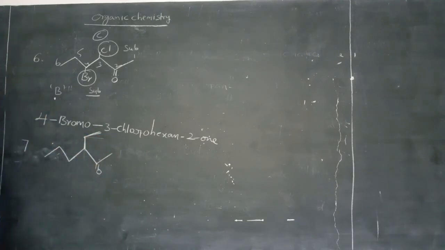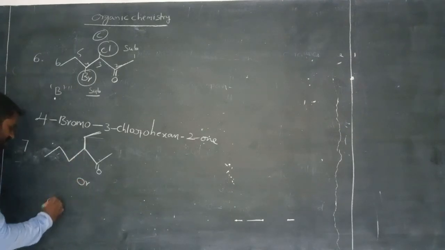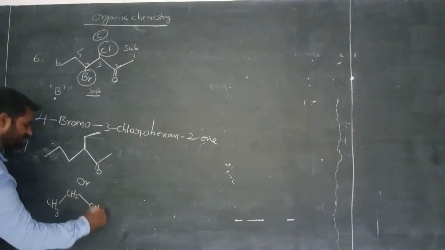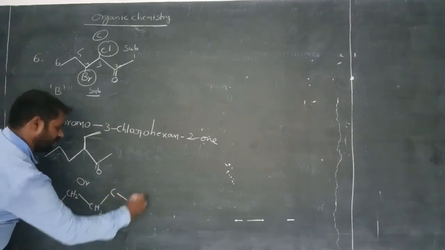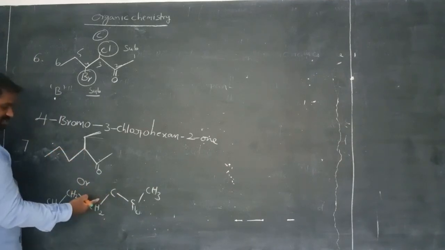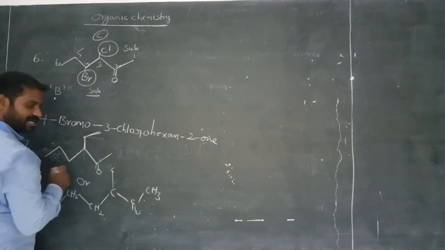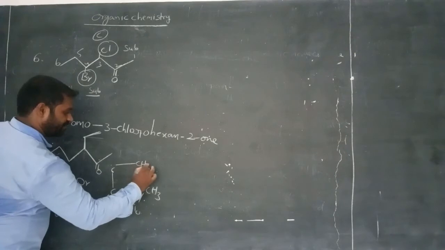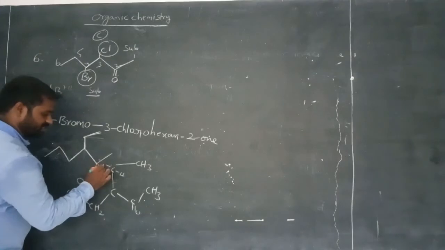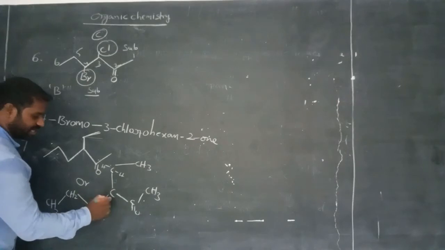Now give the IUPAC name to this one. So I can elaborate this structure for you. This is CH3 bond CH2 bond CH2 C double bond O CH3. What about this? This is a carbon already with 2 bonds. Okay, and this is 1 carbon. This point consists of 1 carbon, and this is CH3. What about this one? 1 bond and 2 bonds, the remaining 2 bonds with 2 hydrogens. Okay, CH2. Corner means CH2. And come to here: 1, 2, 3 bonds over, and 1 more bond it needs.